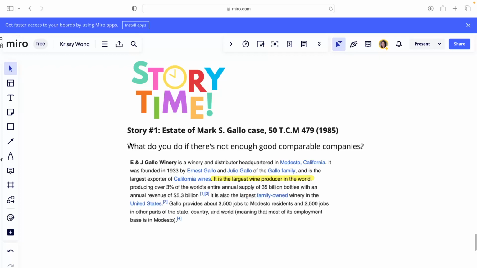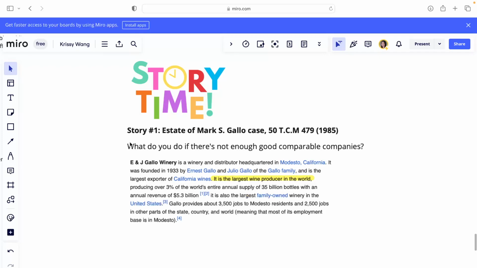So they went to court, and what the court decided, the valuation analyst they hired, is that they recognize the strong international brand of Gallo Wine Company and the variety of sub-brands they own. So they actually put together a list, I think it's somewhere between 10 to 16 comparable companies on the market that includes beer company, distillery, and soft beverages company, to recognize the impact and industry leading position of Gallo Wine